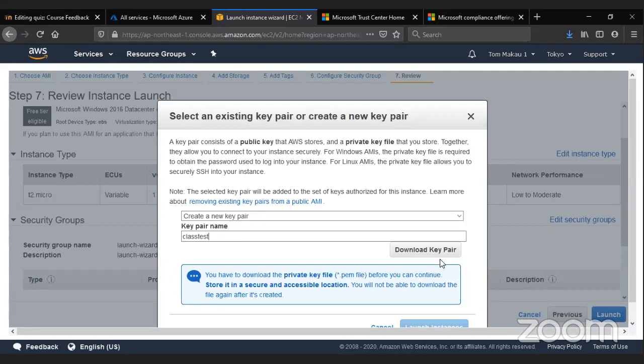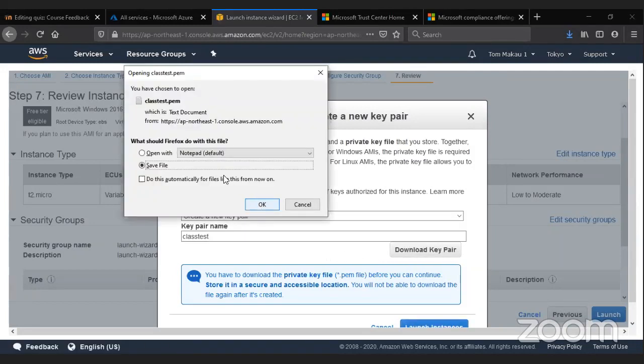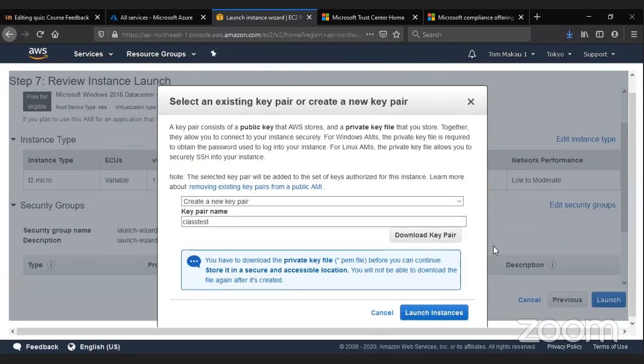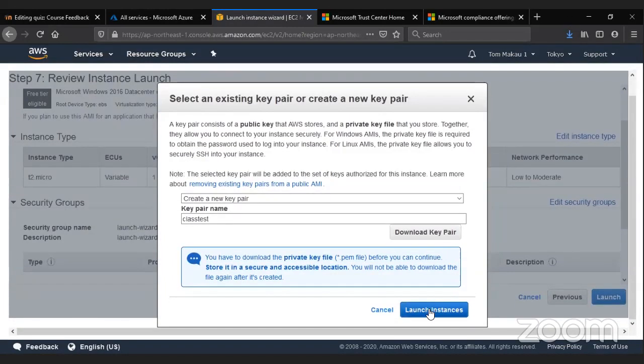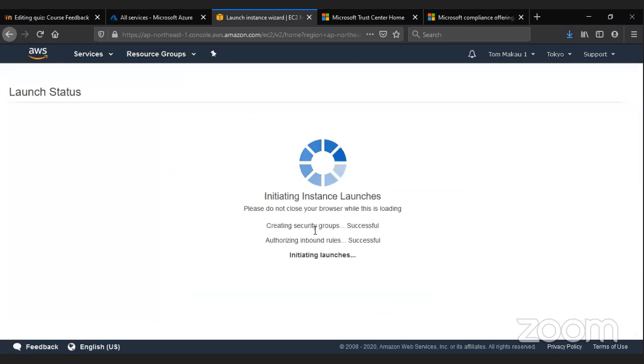It's just a name, but you need to give a unique name for whatever server you're using. So then you download the key pair. This file will now be saved on my laptop, and that is the file I will use to access that server. So when I do that, I say launch instance, and then it's starting to create it.